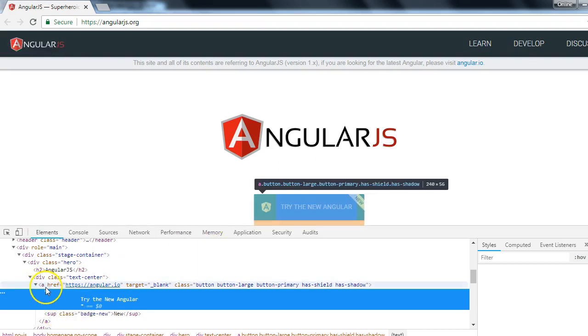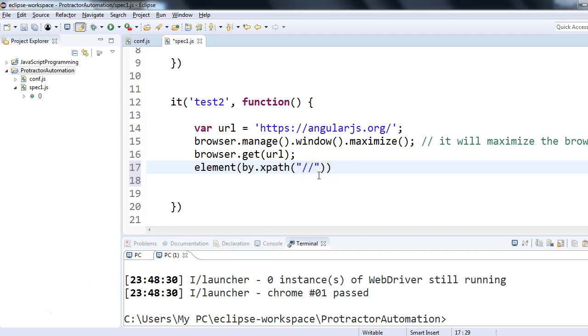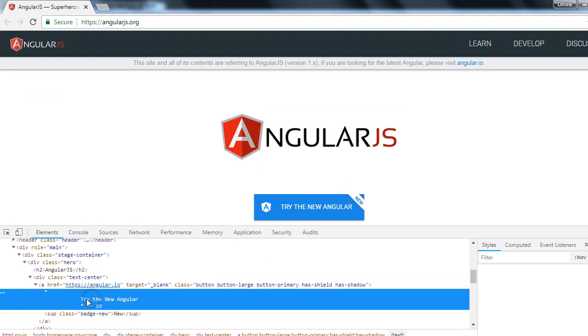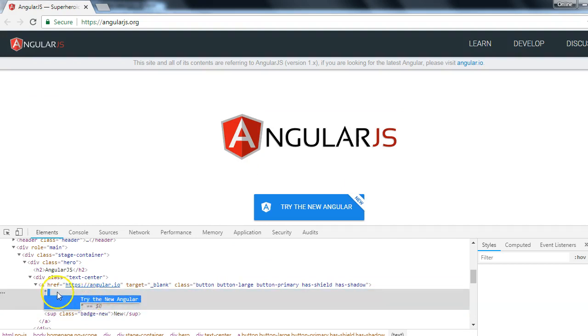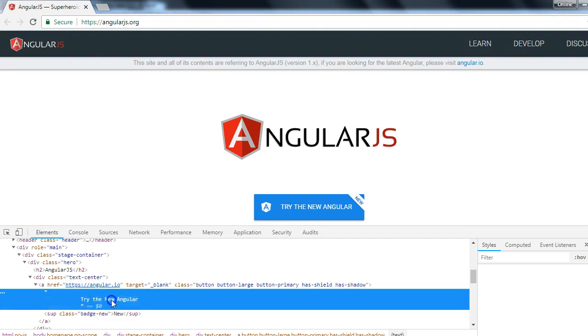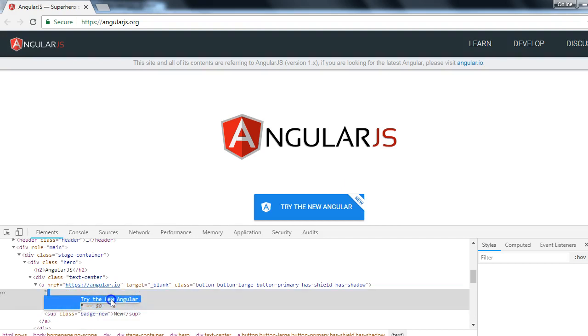since the HTML tag is an anchor tag, I will write double slash anchor tag, then rectangular brackets, and I will use the contains method. Here I'll pass the text property, and then the text is. Why I'm using contains is because you could see there are some spaces, tabs, not as it is in double quotes, and then we have this try the new Angular text. Let me copy this,